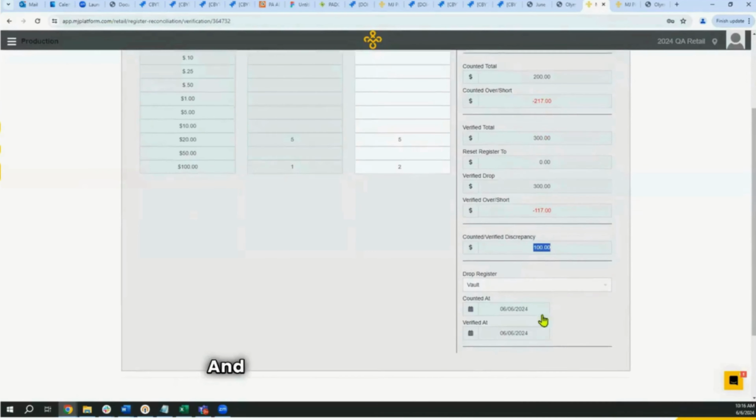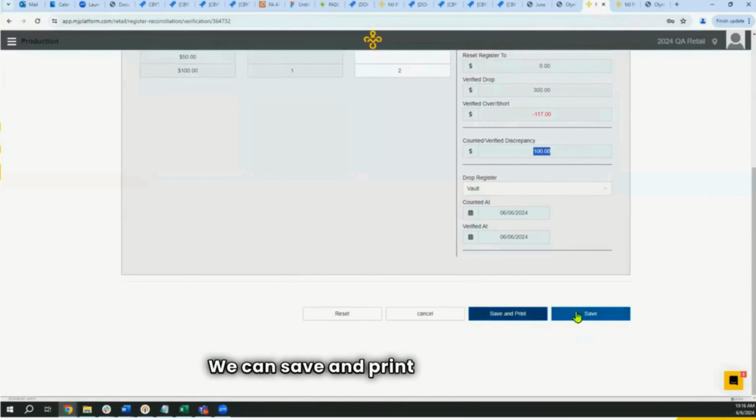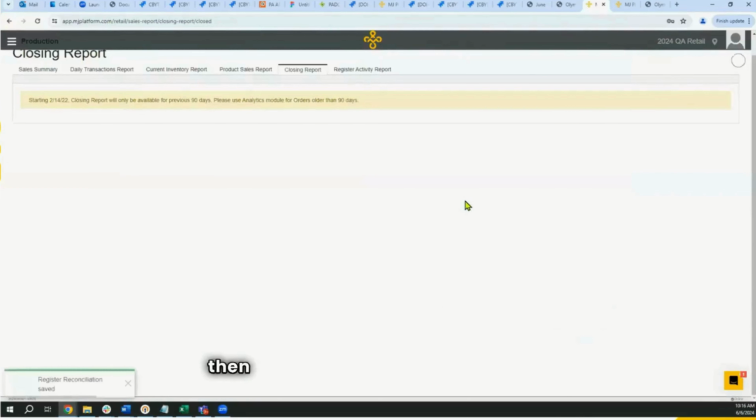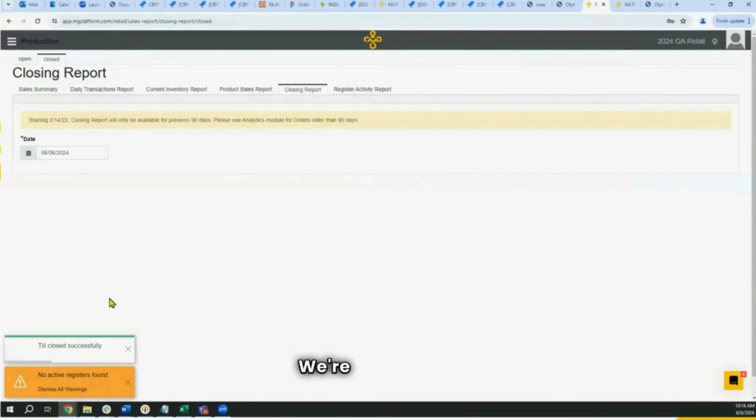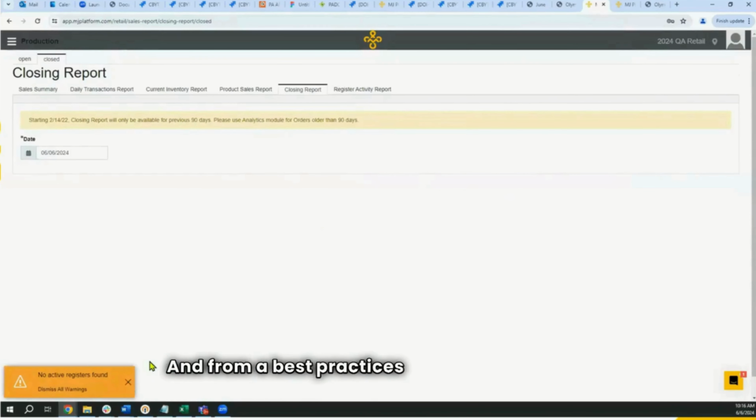And then we could push it in like that. We can save and print that again, and then save, and then open all registers. We're ready to go. And, from a best practices standpoint,